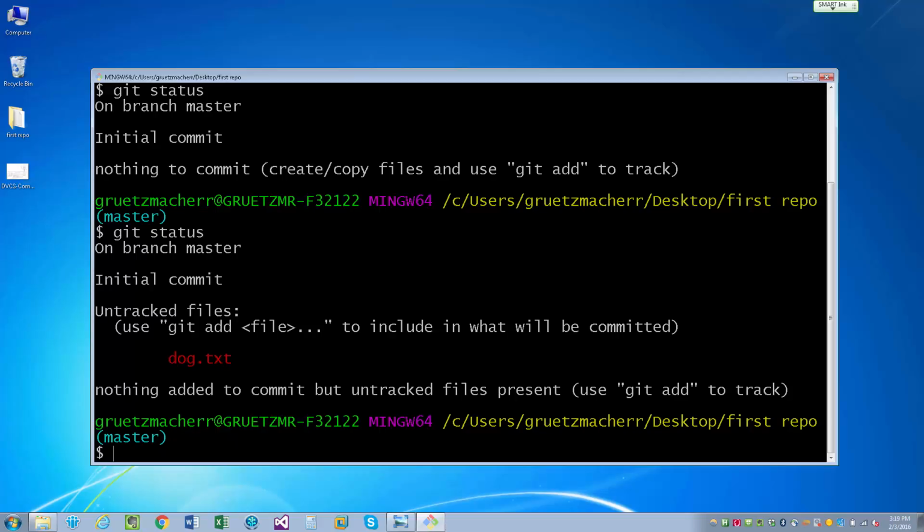So now that we have the dog.txt file created in our folder, I'm going to go ahead and add this file to the staging area of the repository. So I'm going to do a git add, and I'm going to start typing dog, and remember that tab key shortcut. If you start typing and hit tab, it'll autocomplete for us. So I'm going to use tab to autocomplete that,